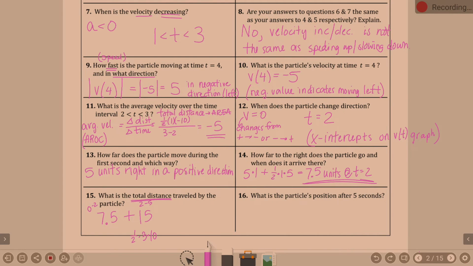So since it's total distance, it's absolute value. I totally get why Doug's trying to tell me negative 15, because it is in a negative direction. That 7.5 is in a positive direction, the 15 is in a negative direction, but did this ask me where the particle finishes? It doesn't. It asks me total distance. So if you go 7.5 units forward and 15 units backwards, does that mean I've only gone the distance that doesn't overlap? No, I've walked all those steps, haven't I? So we're going to go positive there, and that puts me at